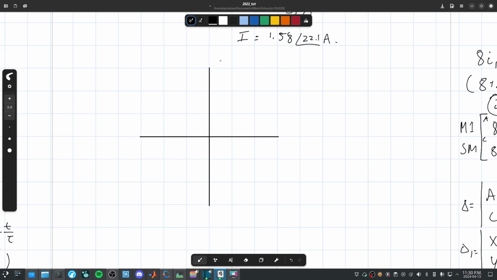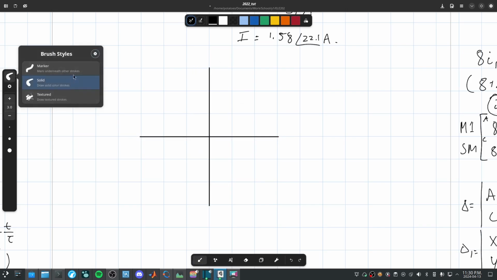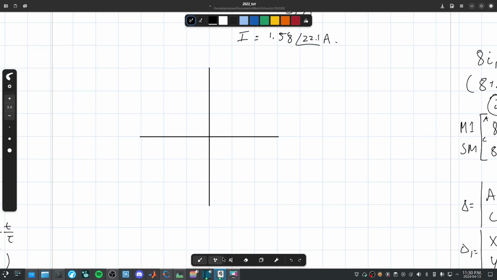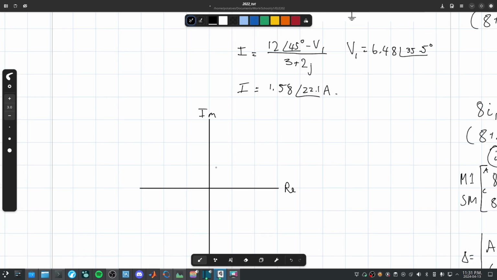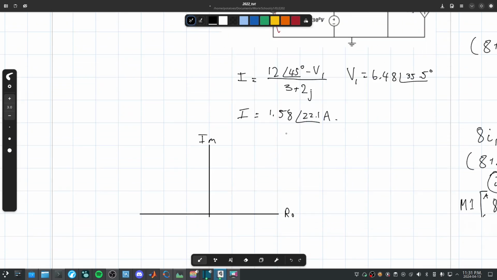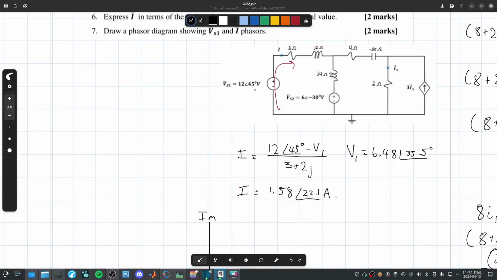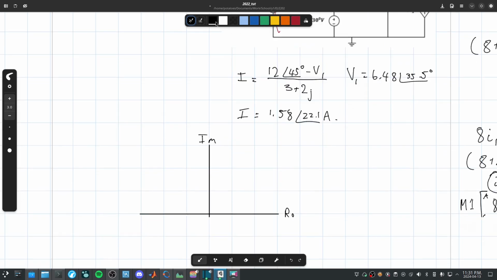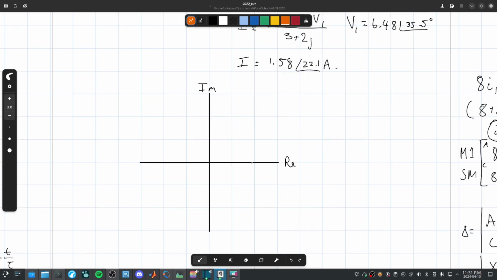So a phasor diagram is basically just a triangle. That's it. That's all it is. It's a triangle where your y component is the imaginary and your x component is the real. So draw a phasor diagram showing V source 1 and I. Let's draw V source 1. That's 12 at an angle of 45 degrees. If you put 12 with a phasor of 45 degrees and you turn it into rect form, you'll find that it is